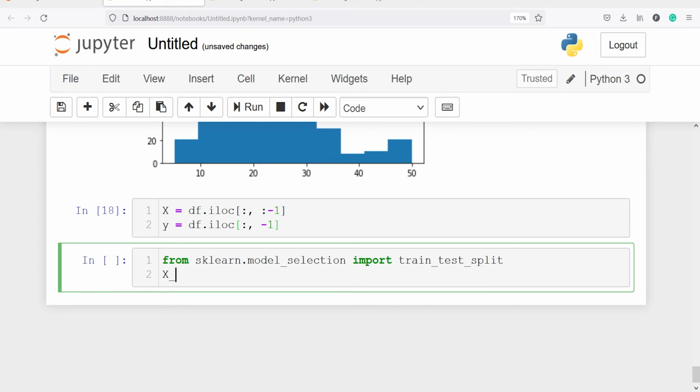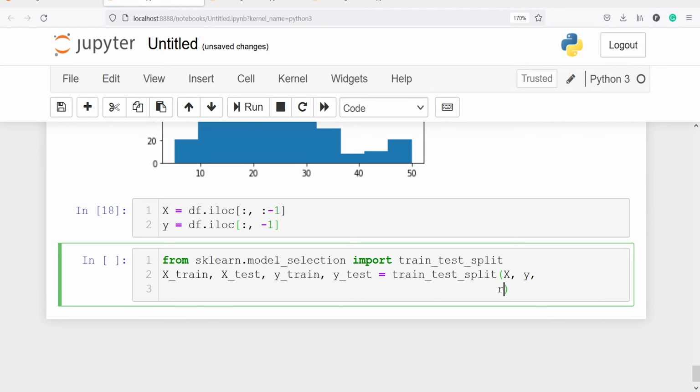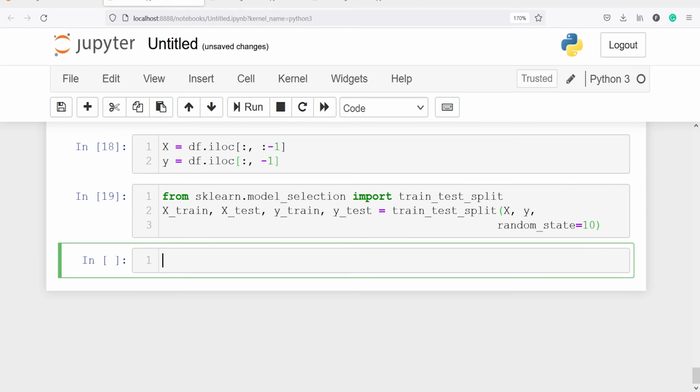Then I will make X_train, X_test, y_train, y_test equal to train_test_split, and inside this I will pass x and y, and I also pass one parameter, random_state, and you can put any number here, let's say 10. If you want your result to be the same as mine, then you have to put 10, otherwise you can put any random number here. Let's execute our code. We have split our dataset into training and testing.